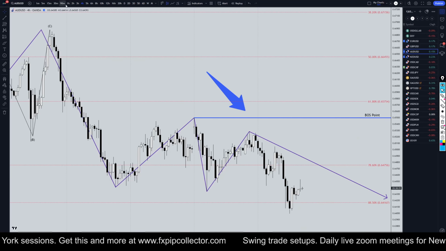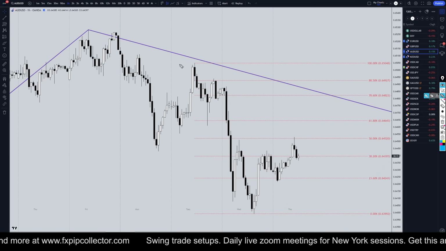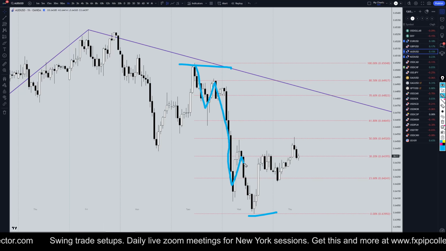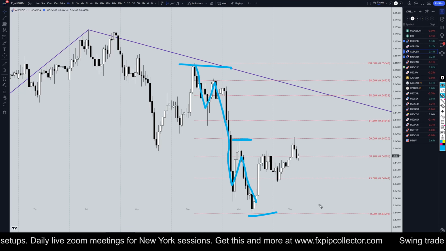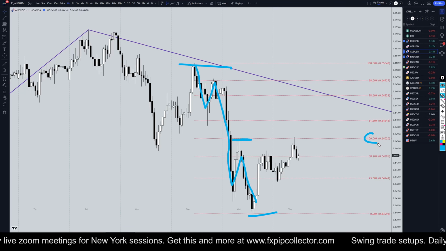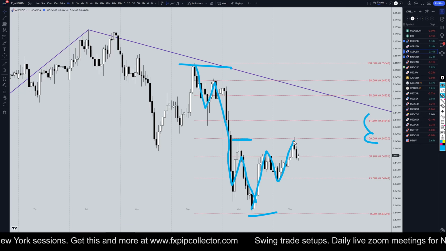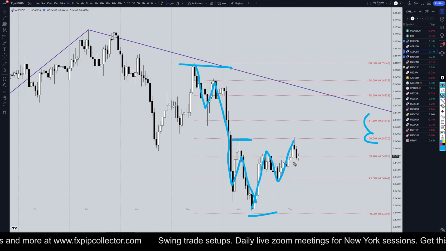Taking it down to the 1 hour time frame. On the 1 hour time frame, I got my Fibonacci retracement on the last impulsive move down, which is actually like a picture perfect 5 wave trend. We have taken out the higher wave 4, which is a good sign. So now what we're doing is we're looking for 3 waves up and Fibonacci bounces. We definitely do have 3 waves up right here. We definitely do have a Fib bounce, but we don't have a break of structure or a lower high,